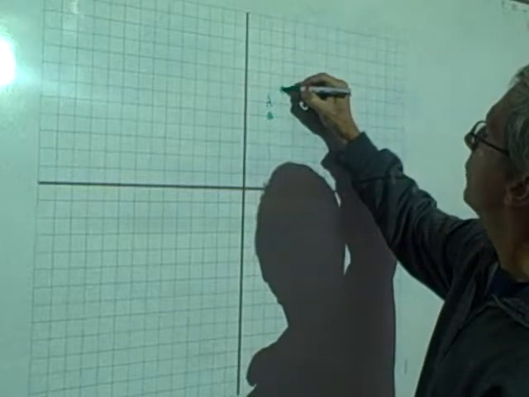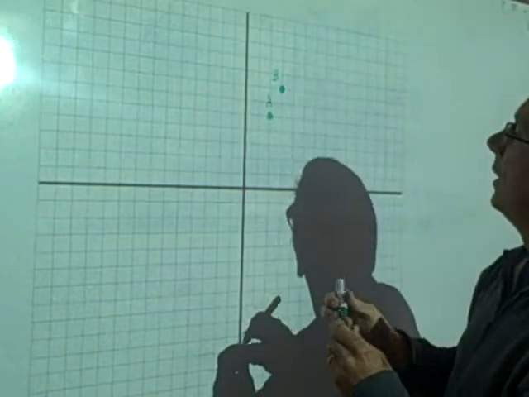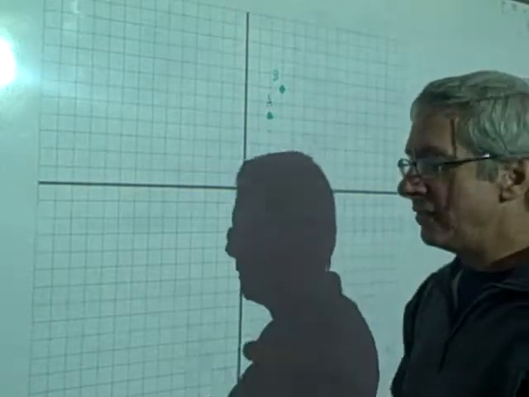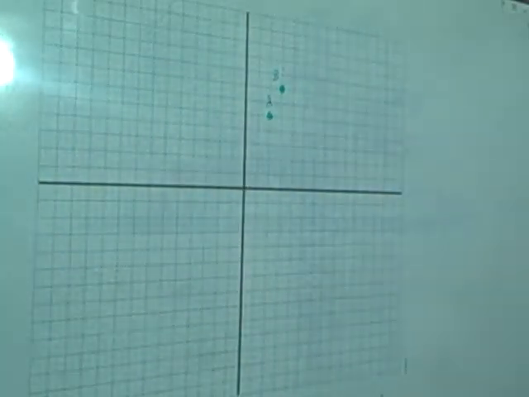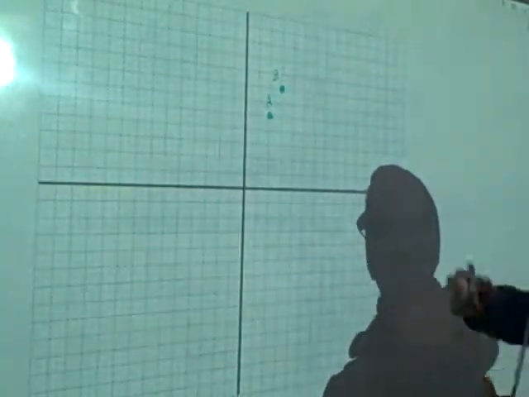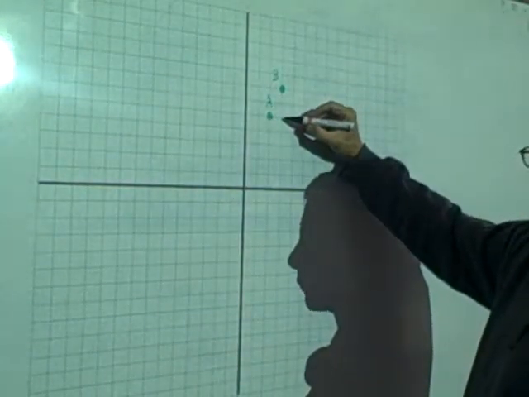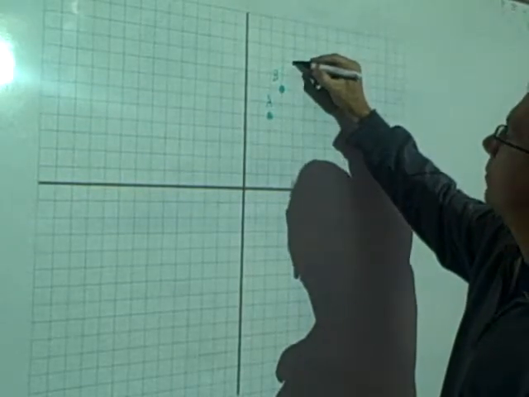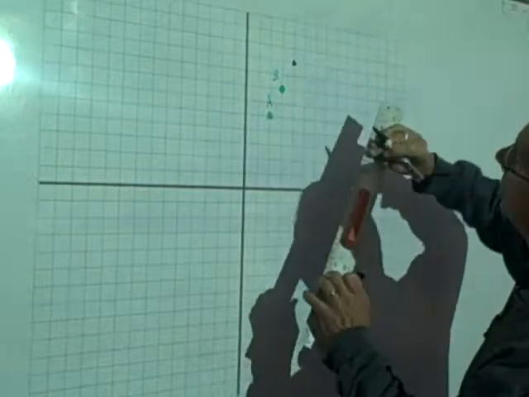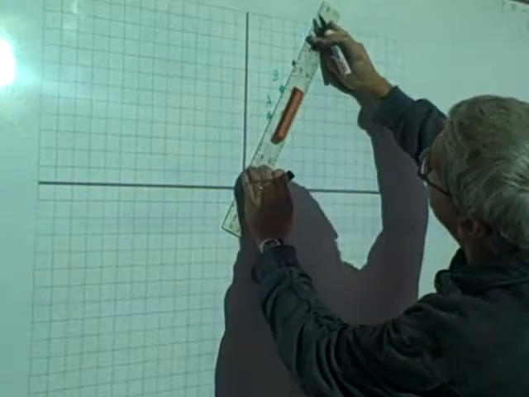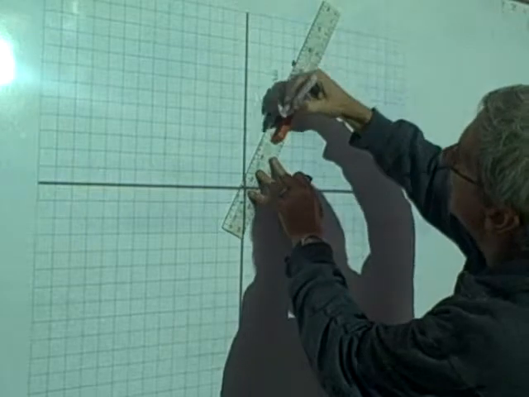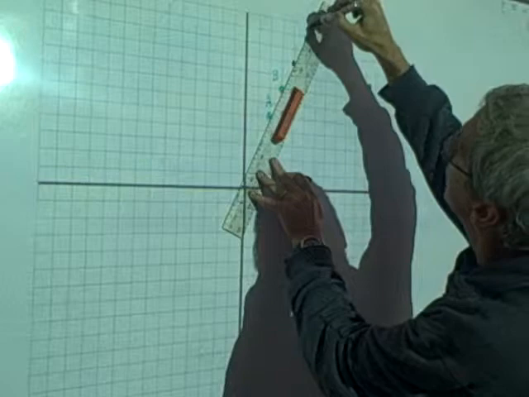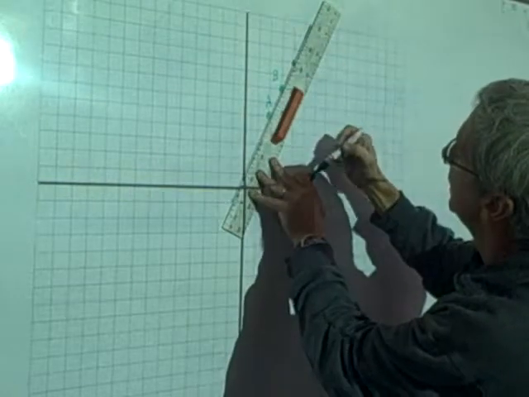Now why did I say that was so fortunate? Well, the fact is if you increase the x value by 1, the value you go up is the gradient. So when I graph this line, and like before, if I wanted to find more points, I'd do the same thing. This one, over 1 and up 2, that really does tell me the gradient. If I go over 1 and up 2, I'll find another point. And I can keep that going. But I always do at least 3 points. And you'll notice when you lay the ruler down, it'll also go through other grid values that are over 1 and down 2. So now when I draw that line,